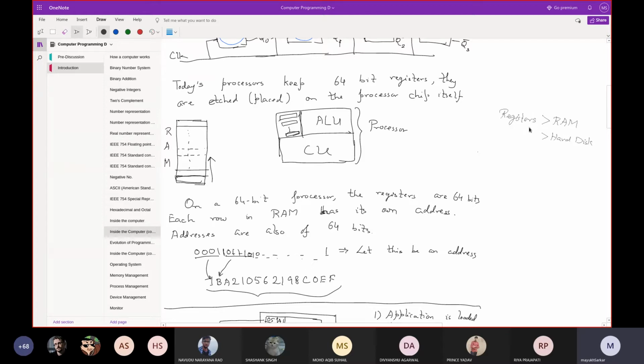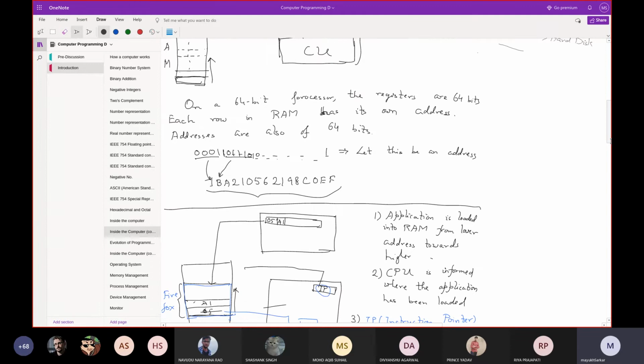In fact, there is a speed cost trade-off. The higher the cost, the higher the speed as well. So obviously, if you have to reduce the cost, you cannot create all the elements using registers technology, using flip-flops. The cost of the computer would be huge. So registers are kept only for temporary data, which is used in the operation. You will understand everything about the speed cost trade-off in detail in the computer architecture course.